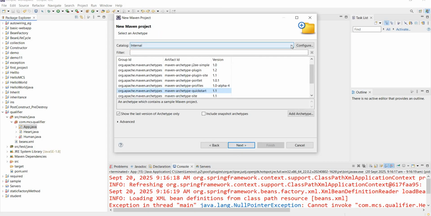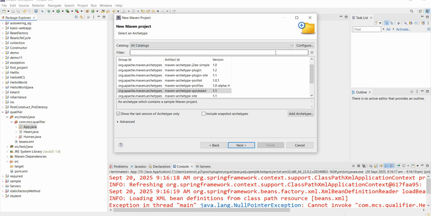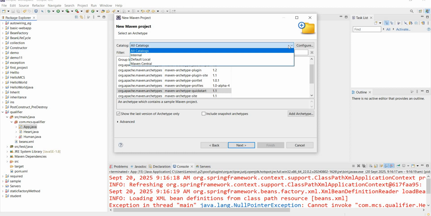After that you are able to see this type of window in front of you. But before that I have to tell you something. Your laptop should be connected to the network. It's mandatory to download the archetypes. Once you confirm your machine is connected to the internet, then you are able to